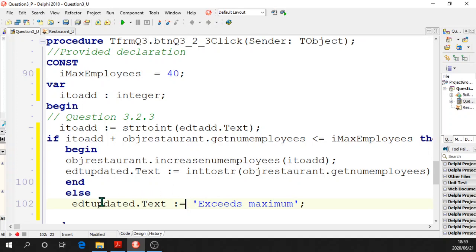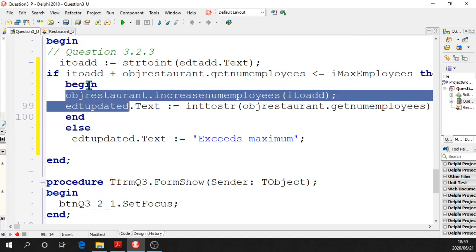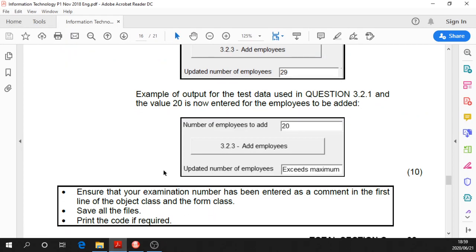Now because this else part is only doing one thing, you don't need begin and end, okay? But over here we had two things that we were going to do. If we add that to the get number of employees is less than or equal to max employees, then you're doing two things, else we do only one thing. Right, so that is that program written. So make sure you study that,